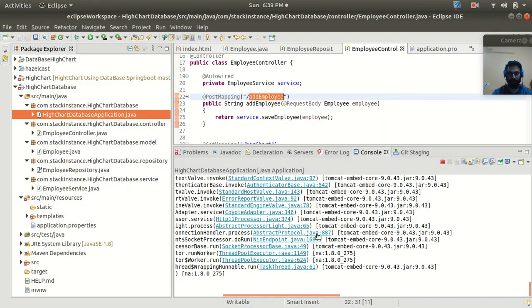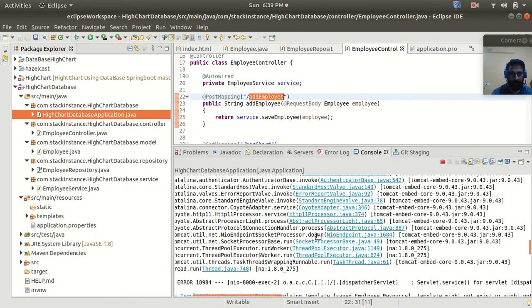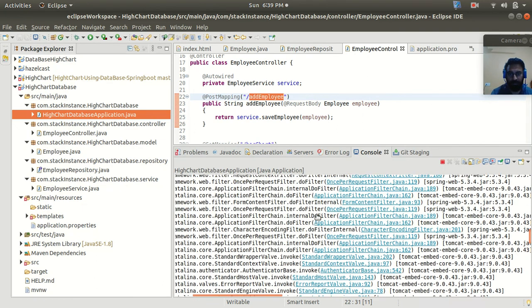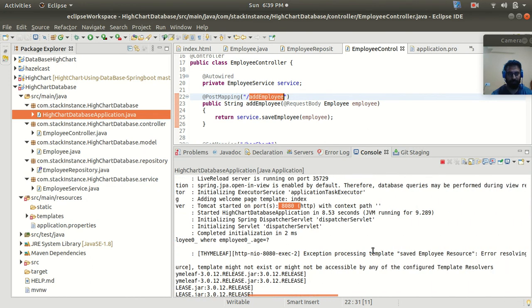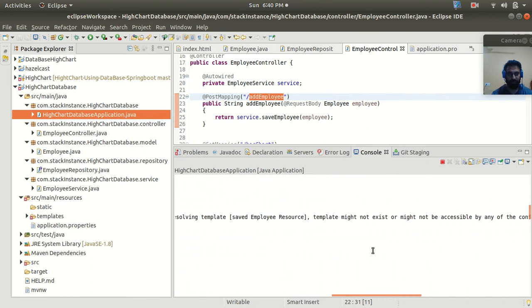Let me check. Template might not be accessible by the configured template resolver.